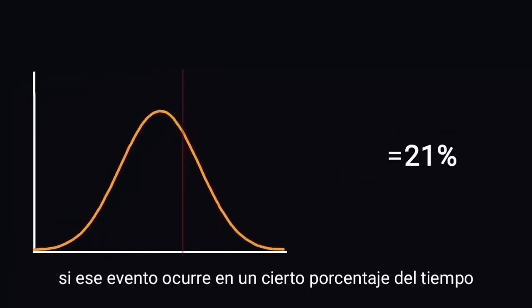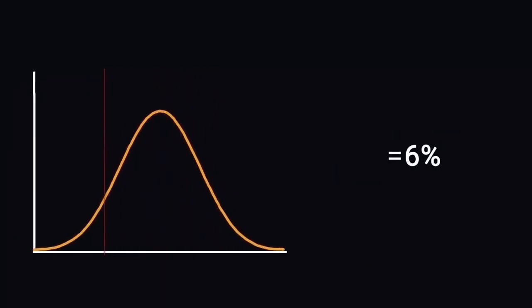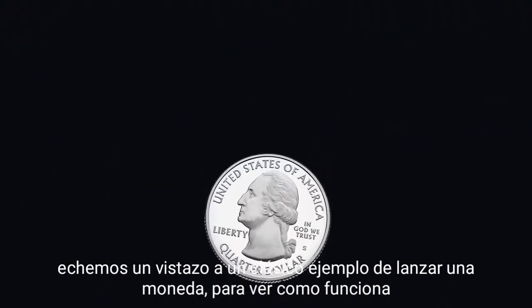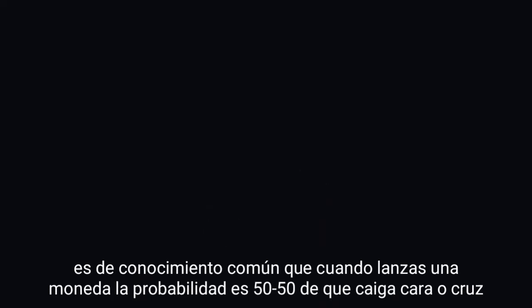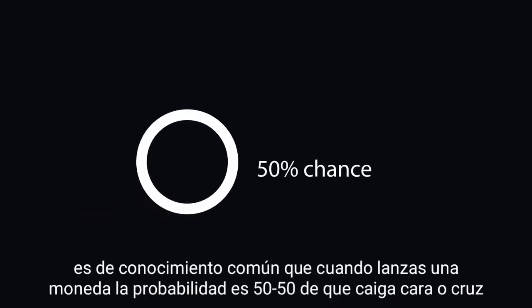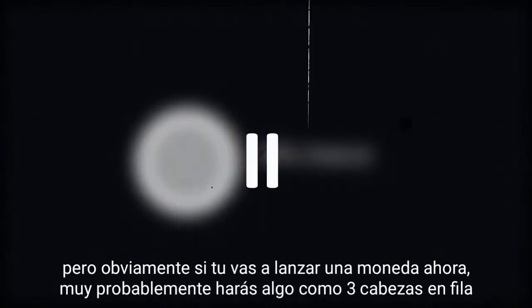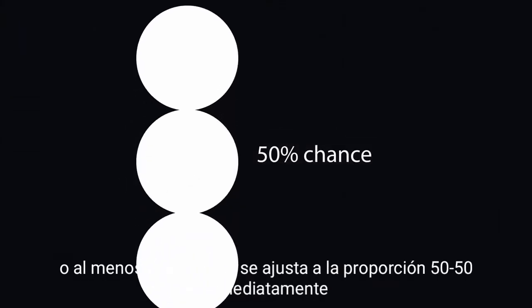The goal of a binomial distribution is to show how likely a random event happens if that event only happens a certain percentage of the time. To get a better understanding of these distributions, let's take a look at a classic example, flipping a coin, to see how it works. It's common knowledge that when you flip a coin, it's a 50-50 chance it either lands on heads or tails. But obviously, if you go to flip a coin right now, it's pretty likely that you'll get something like 3 heads in a row, or at the very least something that doesn't fit the 50-50 ratio